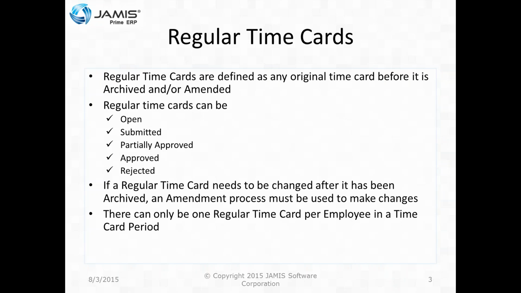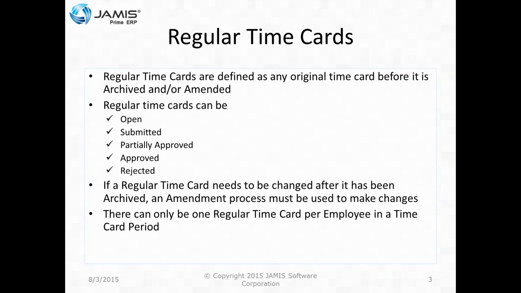The status of the time card goes through a cycle. First off, it's going to start as not created, and that's what you'll see when you originally sign in with your time card. It'll show that it's not created. As soon as you save it, regardless of whether or not there are hours in there, it will go to open. Then you will submit it. And then we do have a partially approved status, but you're really not using it because you have a single approver set up in your database. So only one person is going to approve each and every one of your time cards. Then we'll go to an approved status, or possibly it's going to go into rejected status, and we will show